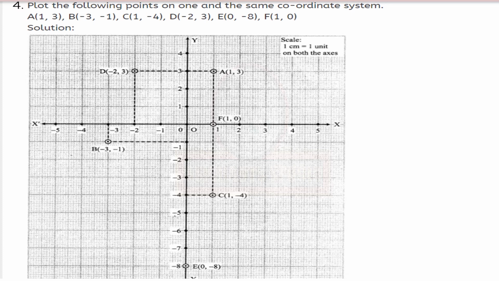Then you have to draw on the graph using only pencil and scale. On the graph sheet, whatever you write also you have to use only pencil to write. Even the scale has to be written using pencil. Whatever you do on the graph, it has to be done with pencil only.